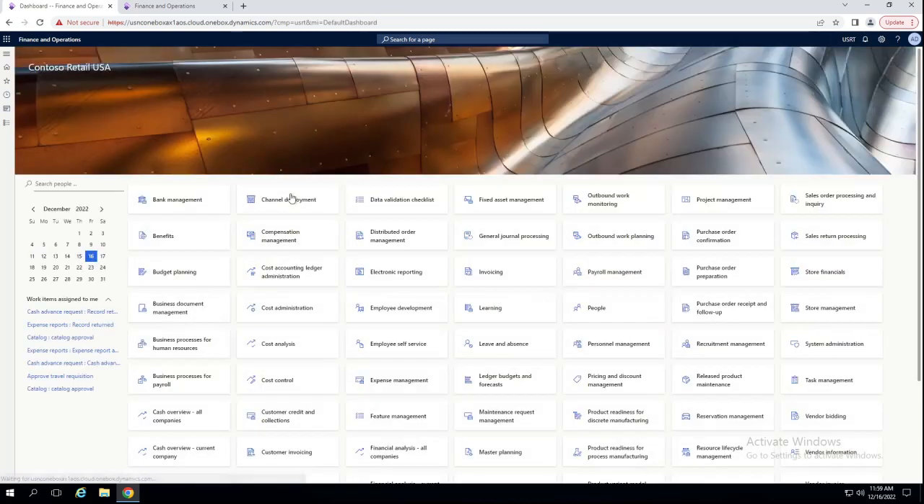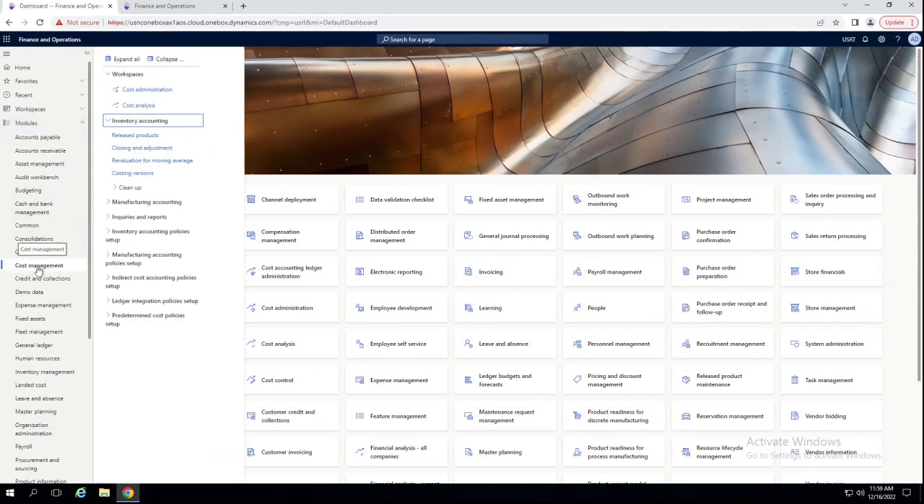So that's it for today. Today we have covered a high level overview of cost management. So let's take a review. We discussed why it has been designed. It is designed just to